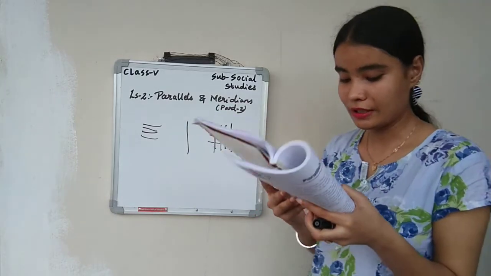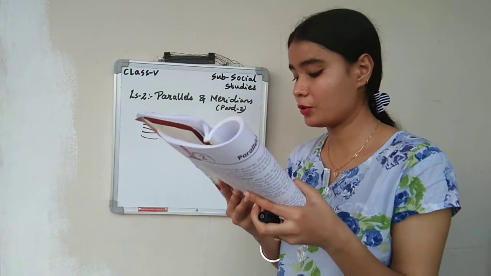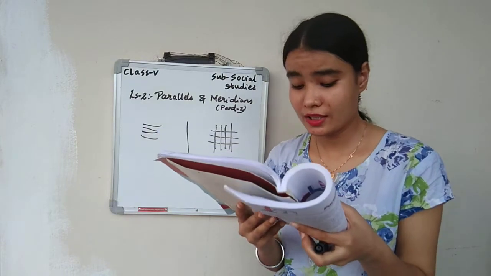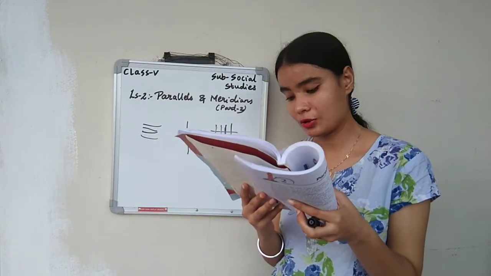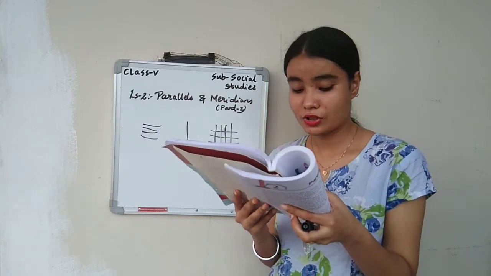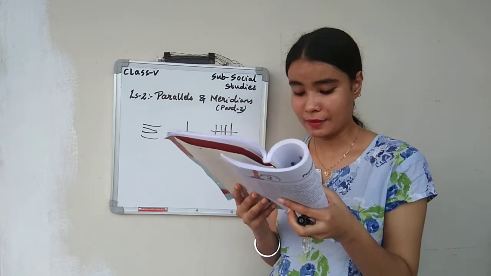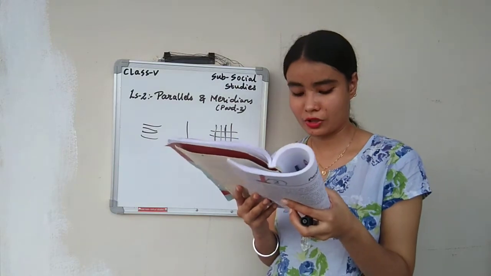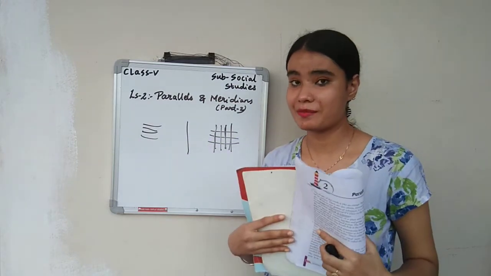180 degree east and 180 degree west form the same line. Therefore, the 180 degree meridian is neither east nor west. The 180 degree meridian is located exactly opposite to the 0 degree meridian on the globe. The 0 degree meridian on one side and the 180 degree meridian on the other side divide the earth into two equal halves. These are called the eastern hemisphere and the western hemisphere.